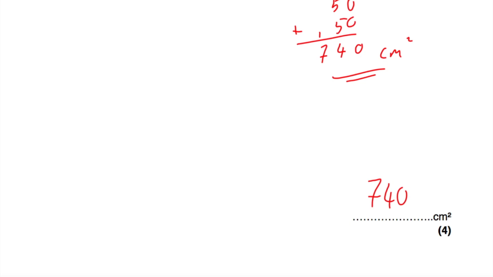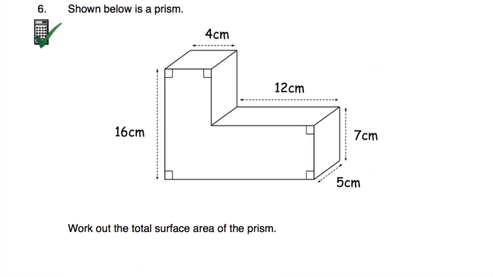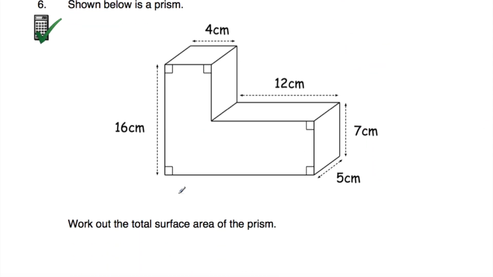Okay, let's look at our next question. Question number 6, we've got this L-shaped prism, and we've been asked to find the total surface area of this prism. So to find the total surface area of this prism, we need to get the area of the front, this L shape at the front, the L shape at the back. Then we need to find the area of this rectangle, this rectangle, this rectangle, this rectangle,